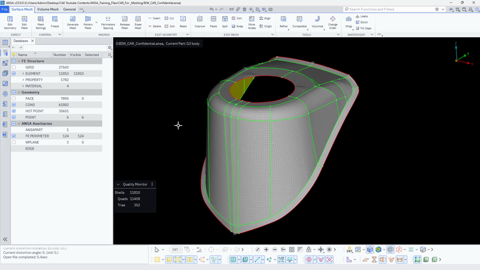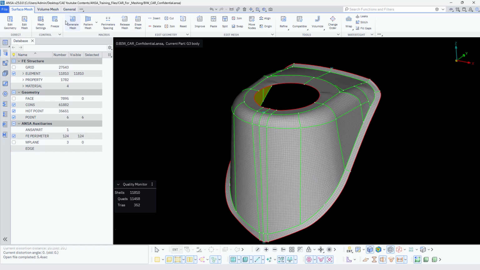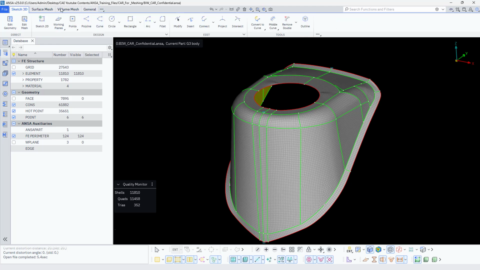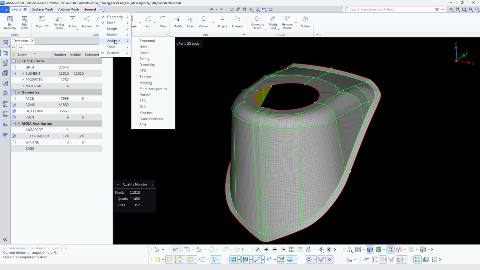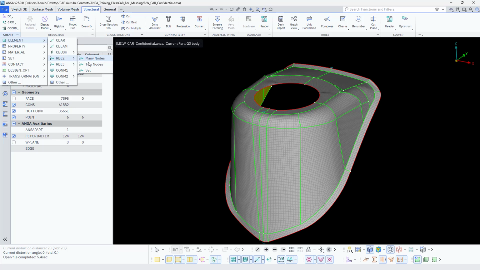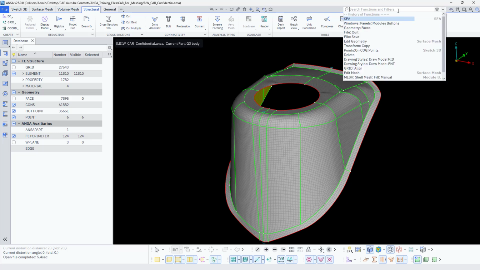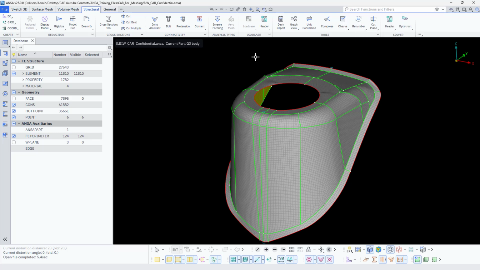Well, this is the user interface, how it exactly looks like in ANSA 25. Now we have all the tools available here. Sometimes you might not get some of the tools, like let's say I would like to switch to structural analysis. In this we have the create elements RB2. Sometimes you won't get unbranch options here. Similarly you might not get a few of the tools, which you might need to search by using the search bar, and even then you might not get them in the search bar. In that case you might need to utilize the old version